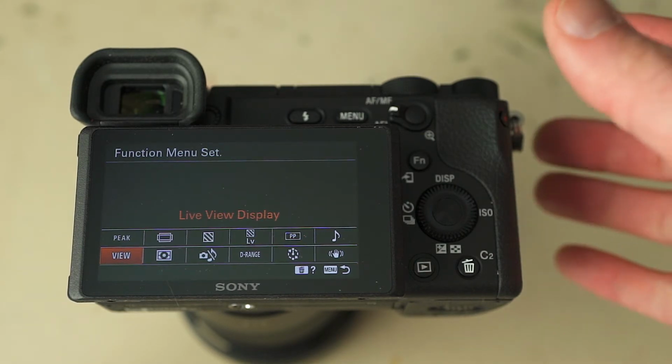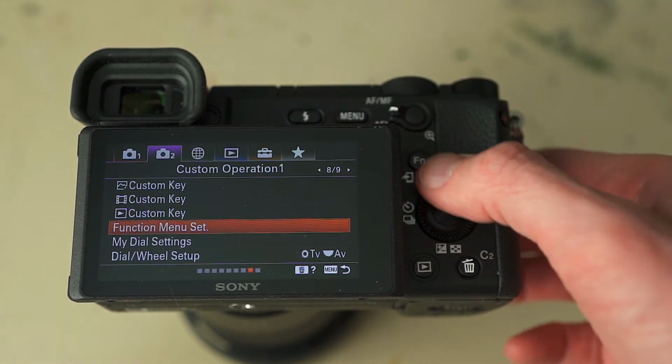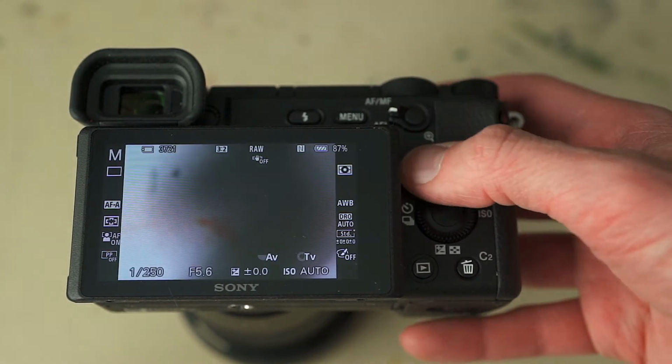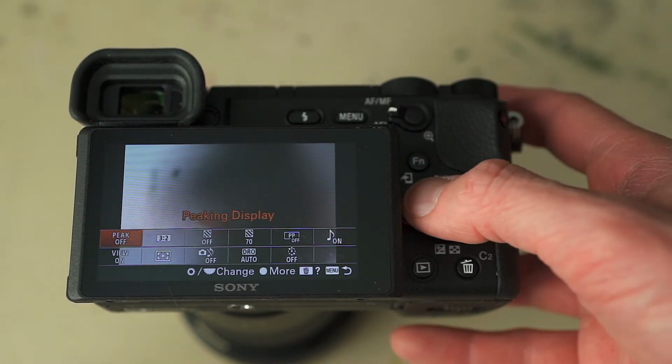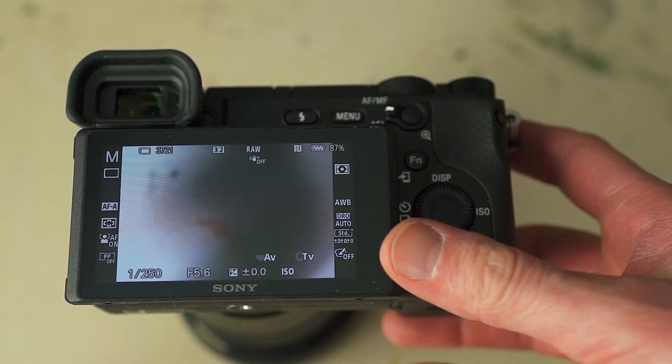Alright, so we have got this function menu all set up. So if we hit menu, back out of here, so function is this one right here. So if I am out of there and I hit the function, there's all the settings that I just set up. Okay, so next we're going to go to